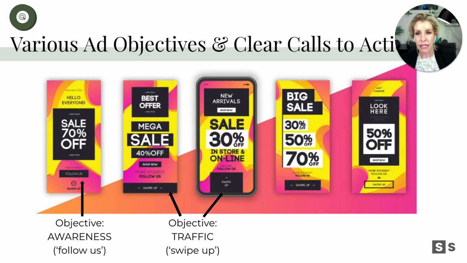So let's now see a few other ad objectives or calls to action. This is a very loud one. I don't necessarily recommend it, but hey, if your audience resonates with a really loud and obvious kind of sales message, go for it. But we can see some of the objectives right in the ad copy or in those buttons and calls to action. On the far left, my objective is probably awareness because I'm saying, hey, follow us. Get to know us, come on in, or see you there, subscribe.